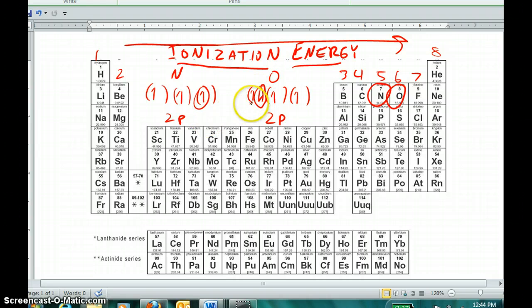Consequently, this paired electron experiences repulsion from the other electron in the orbital, and that repulsion provides a bit of a boost, tries to shove its orbital mate out of the way anyhow. So if it's already experiencing this push, this repulsion from its own valence orbital partner, it's going to take less energy to remove it altogether from the atom, as opposed to the nitrogen's electron, which is unpaired and not experiencing